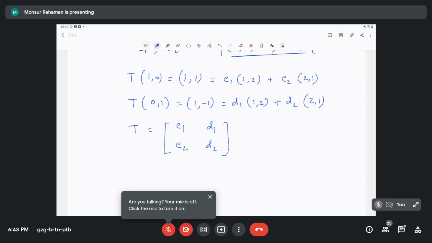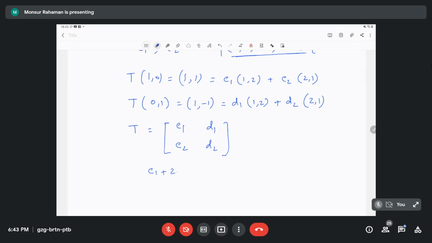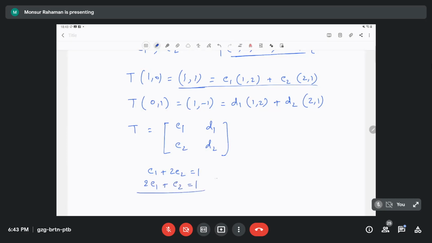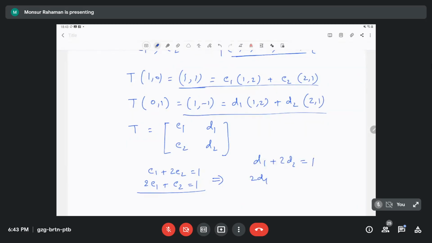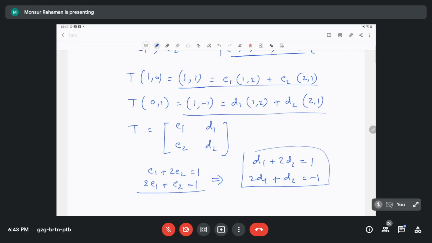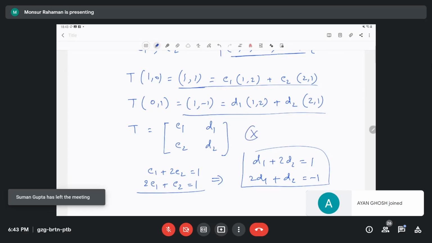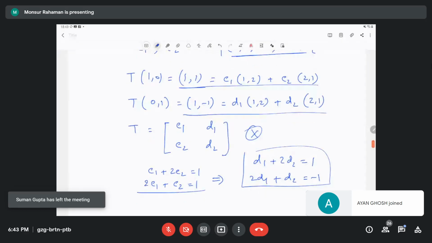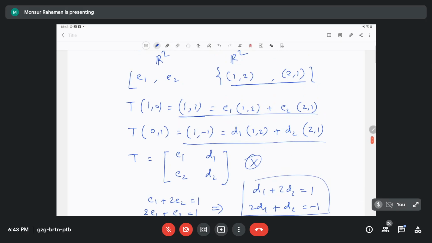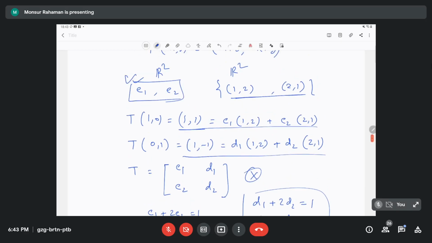It will be a linear equation. Suppose here it will be c1 + 2c2 = 1 for this equation, and 2c1 + c2 = 1 also. So you can solve it. Obviously you will find c1, c2, and for the other equation you will have d1 + 2d2 = 1, and 2d1 + d2 = -1. Both equations are solvable, so you will find a unique value. So I'm not going to solve it. So in this way, and also it will depend on this basis vector also. Okay,